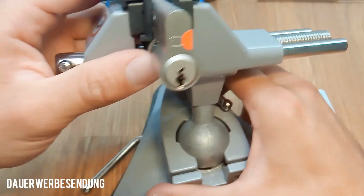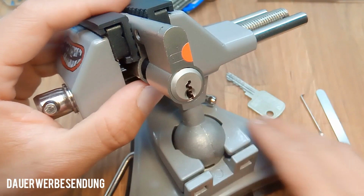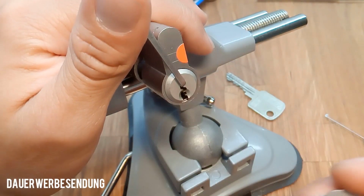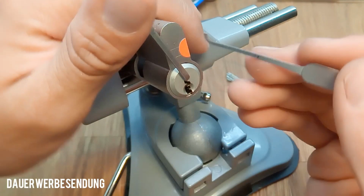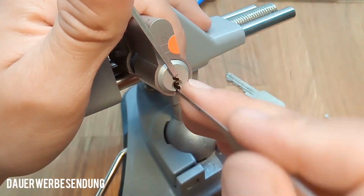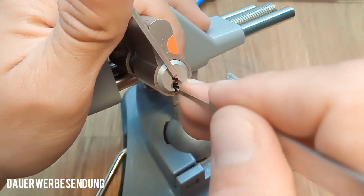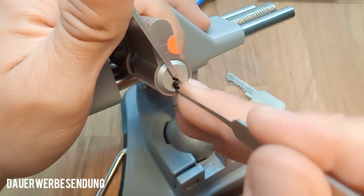The keyway looks a little bit evil, but it's not too bad, to be honest. You have enough room to work in there. And I will use top of the keyway tension and a V04 deep hook from Multipick. Pin 1 is nothing, pin 2 is binding, nice click, 3 is nothing, 4 is nothing, 5 is nothing, back to 1, 1 is binding,